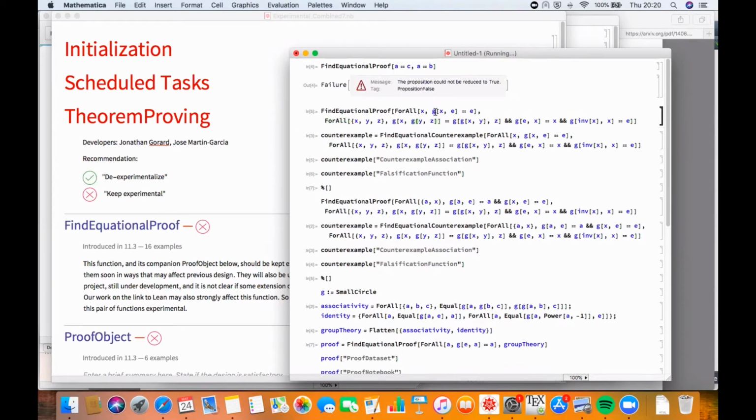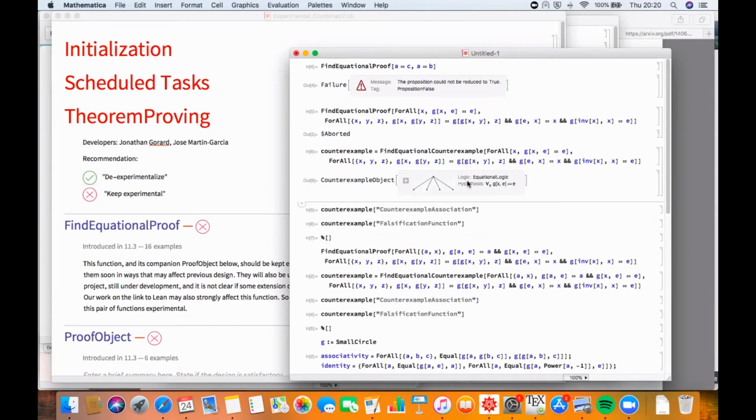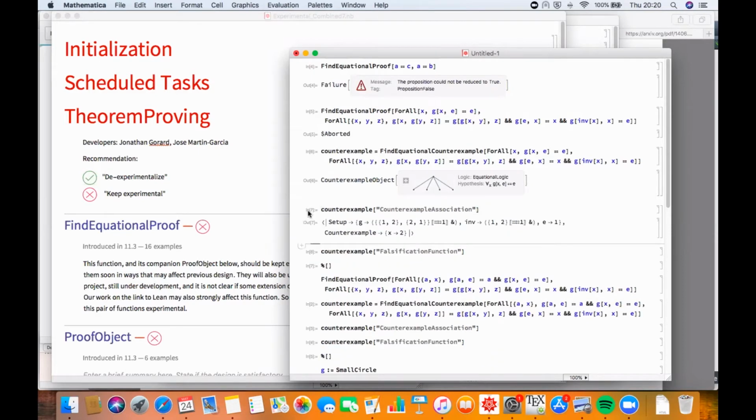So here I'm trying to prove that X times the identity is the identity within the axioms of group theory, which is obviously wrong. But I've added this thing called FindEquationalCounterexample, which if you run it on that will return this thing, which encodes the counterexample like this. What it's doing is assigning values to the operator. Here we have just a multiplication operator, and it's assigning values to it. Like a matrix type, a multiplication table for that operator. That's precisely it. All it's doing internally is enumerating possible multiplication tables until it finds a counterexample. It's not doing anything very sophisticated.